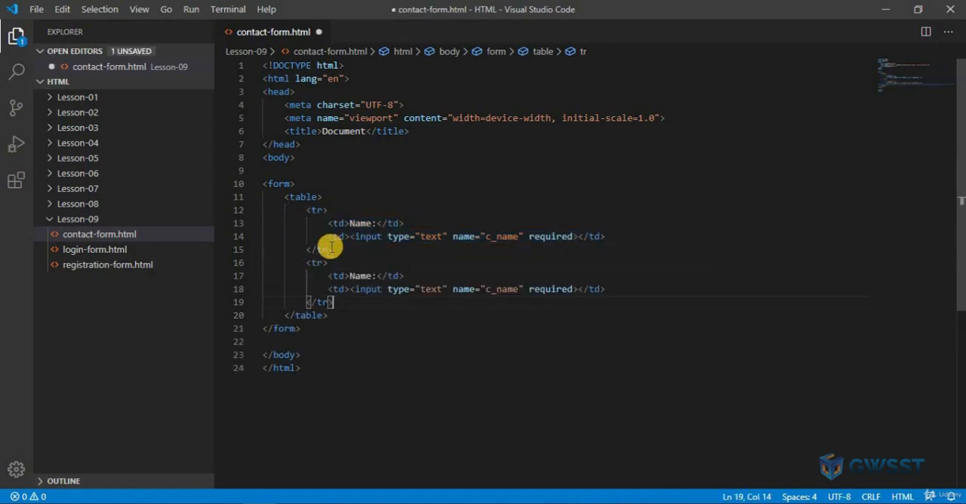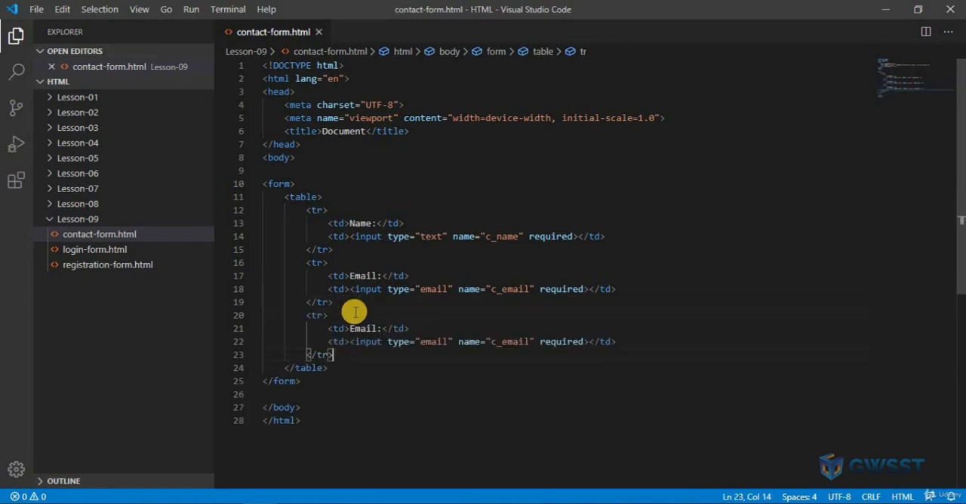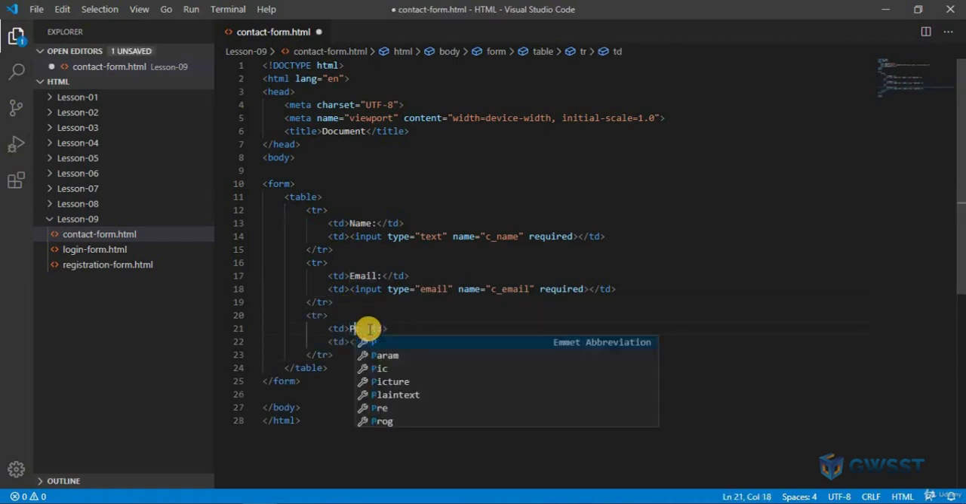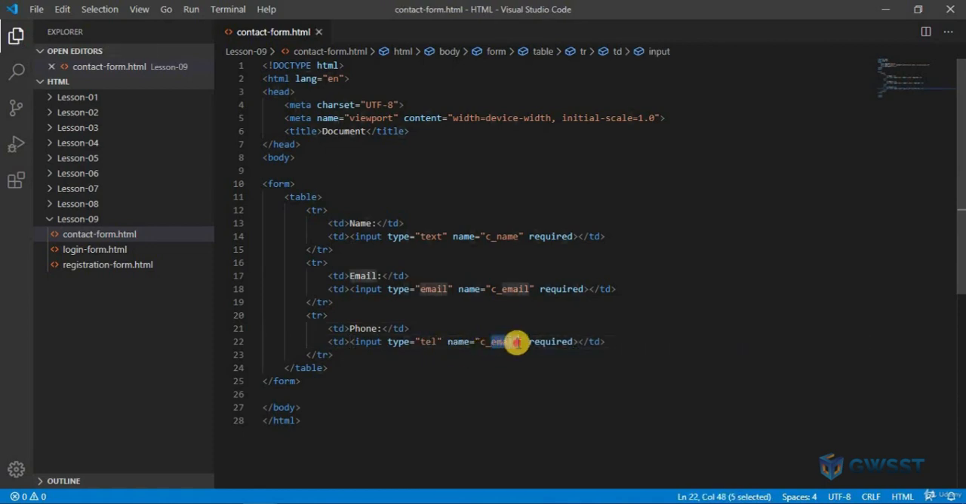Let's copy this one. Let's click on the next one. This is going to be email, and this will also become an email. So c_email. Let's copy this one again. I'm going to set this one to a phone number. So I'm going to set this to phone. So the input type here becomes tel and c_tel,